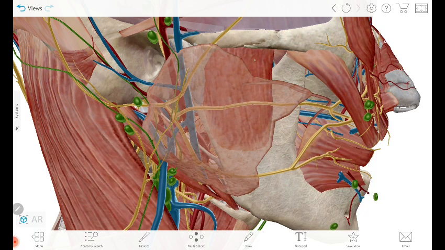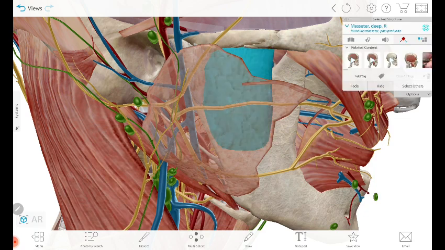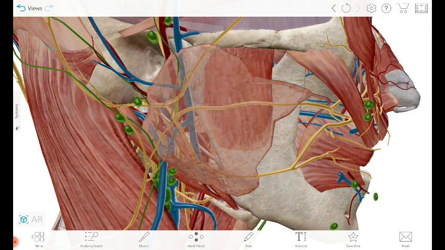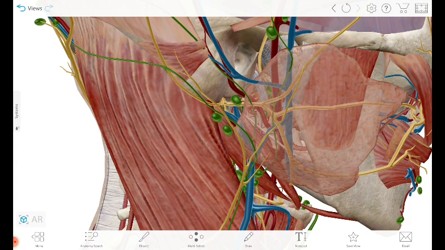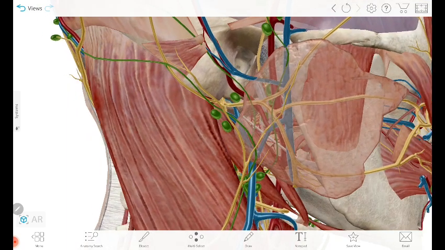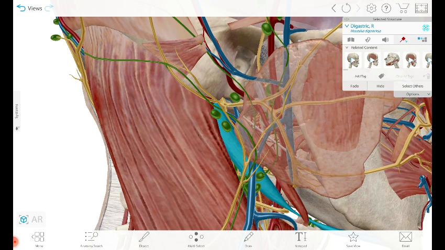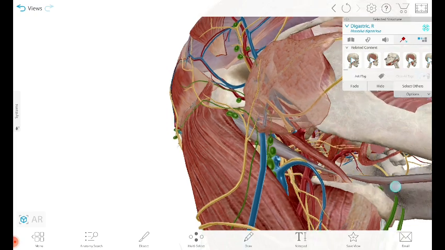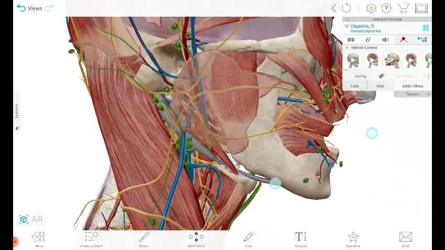So the anteromedial surface, as you can see, is related to this muscle over here, which is masseter, and it is also related to ramus of the mandible. Now the posteromedial surface is related to sternocleidomastoid muscle, and it is also related to this muscle over here, which is the posterior belly of digastric. So this here is the posterior belly of digastric, and